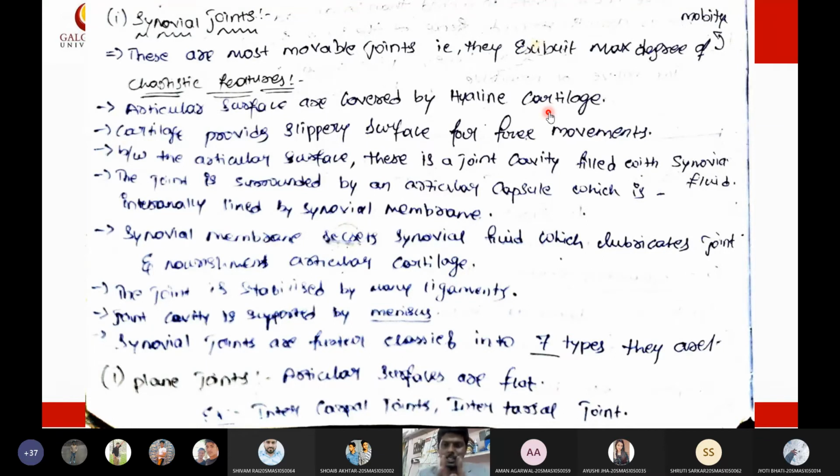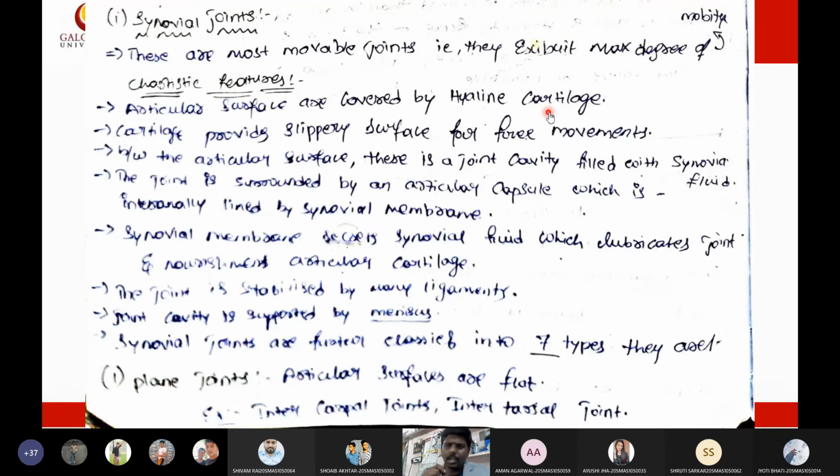Okay, arthritis. Itis means inflammation. Arthro means joint. So joint inflammation. We have one type of joint inflammation which is called rheumatoid arthritis. In case of rheumatoid arthritis, what will happen? Our body will generate its own antibodies. It will generate autoantibodies towards the hyaline cartilage of these bones, and this hyaline cartilage will be destroyed by our own antibodies, and that results in a condition called rheumatoid arthritis, an inflammatory joint disorder.